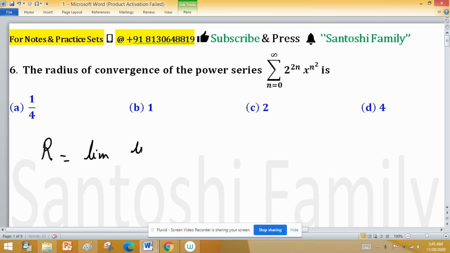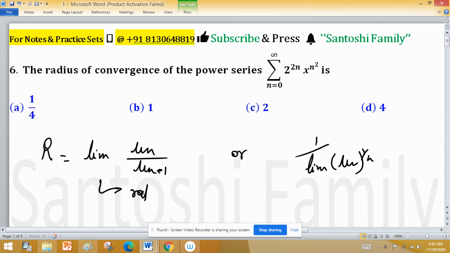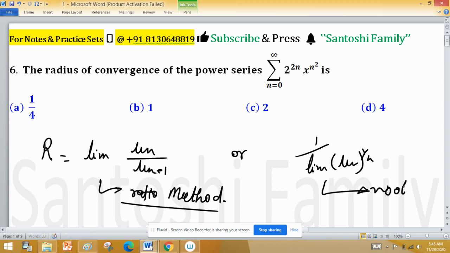Limit of un divided by un plus 1, or 1 upon limit of un raised to the power 1 upon n. This is the ratio method, or ratio test as we know, and this is the root test. We normally use these two methods